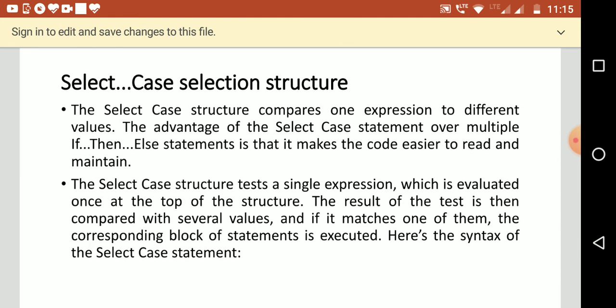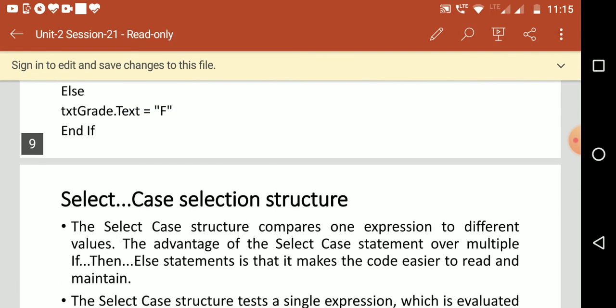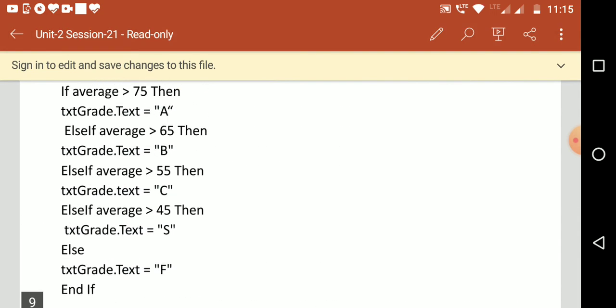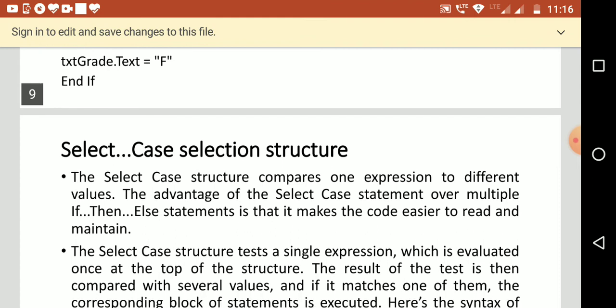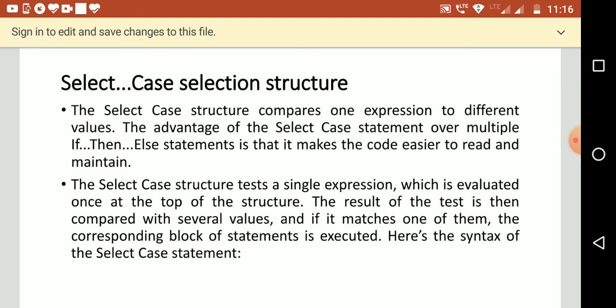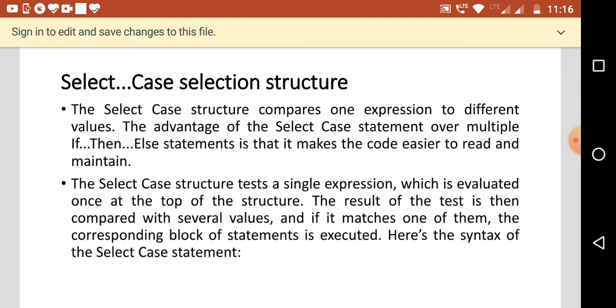Now when you have more selections, in this example you are seeing four to five selection conditions. What if you have more than 10, 15, 20? Then it becomes confusing when you write code using nested if. To avoid that, we have a concept in VB called select case. A select case structure compares one expression to different values.